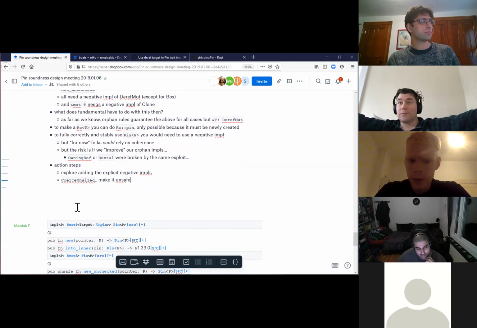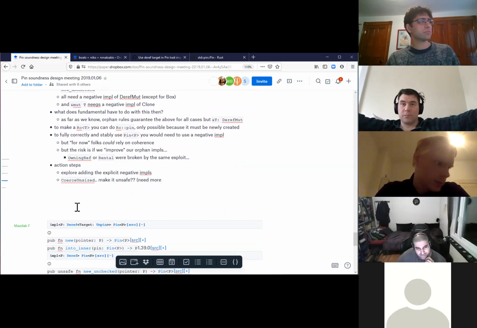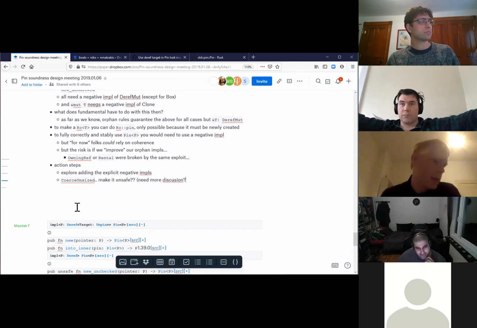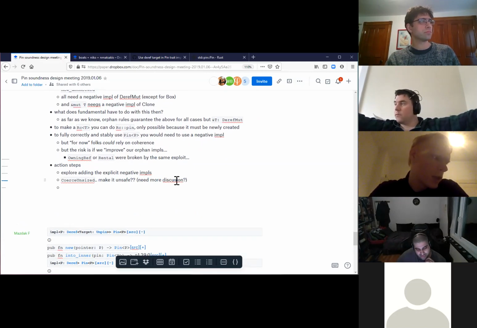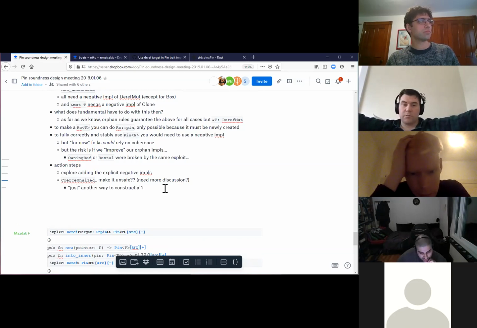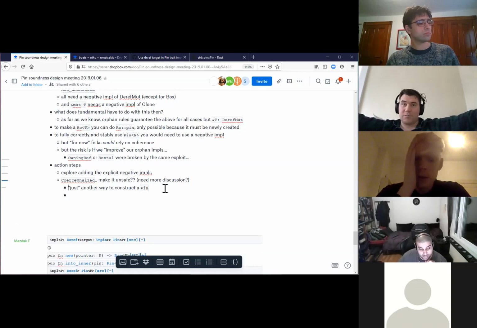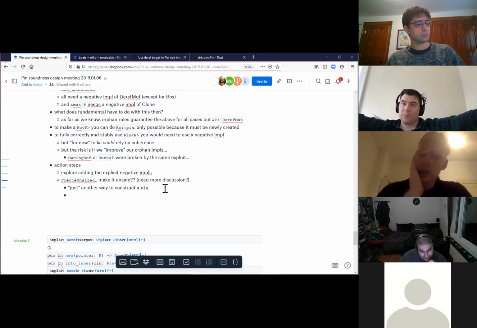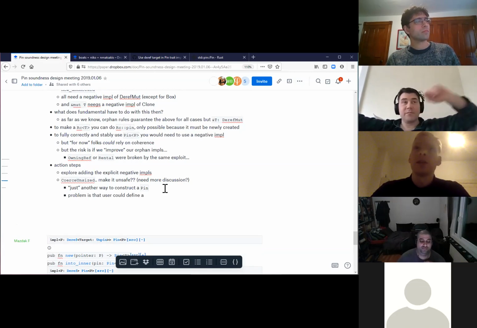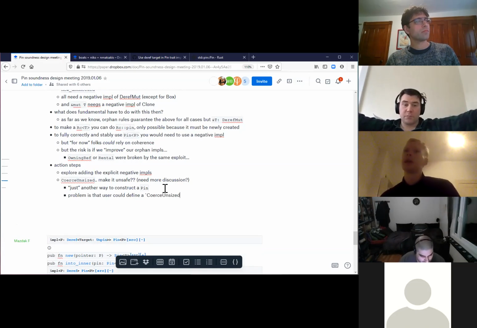Is there a good coerce unsized impl for pin that fixes this? I mean, no. Coerce unsized is just another way to construct a pin of a pin. But this relies on there being an impl of coerce unsized for pin, right? Yeah, and that impl is fine, as long as a user could define their own coerce unsized for a pointer type that does not meet the pin requirements. It's like a safe way to call new unchecked, basically, because you call pin new and then you use coerce unsized to get a pin of a